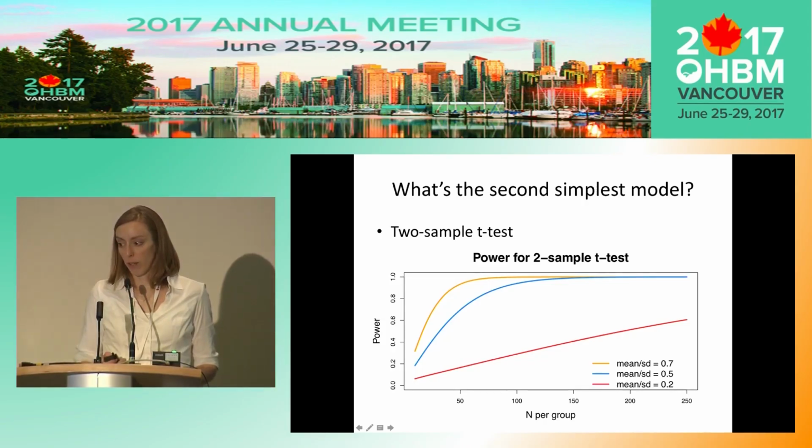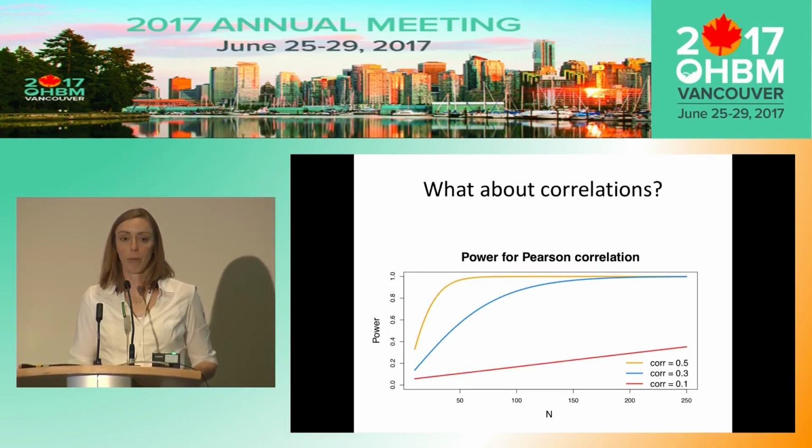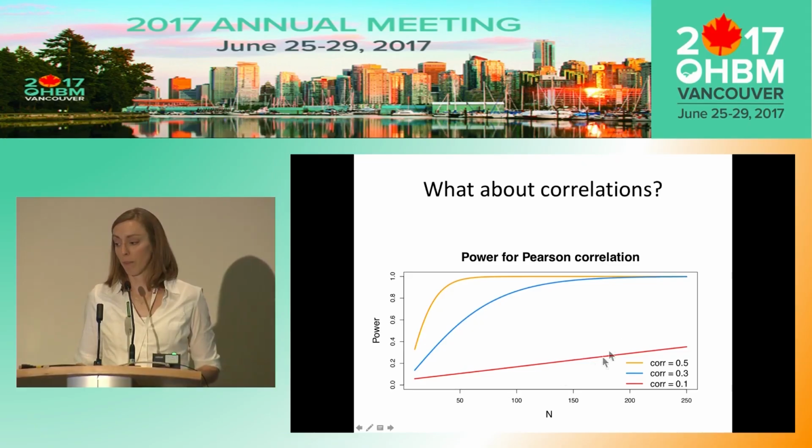Often, the folks I work with, at least, are interested in correlations. So within the range of these three tests, I typically aim to power a correlation. For one, we have a little bit better intuition, I think, of what those effect sizes look like. I would say 0.3 is pretty big for a correlation between bold activation and behavior. So that's typically what I aim for, 0.3, 0.2. Of course, that can vary too.